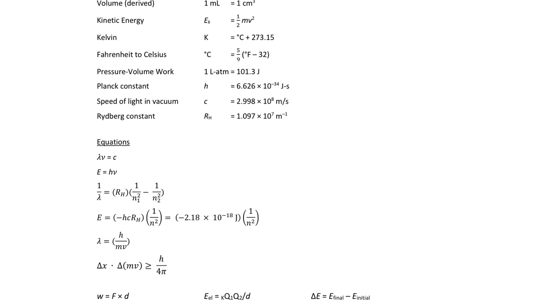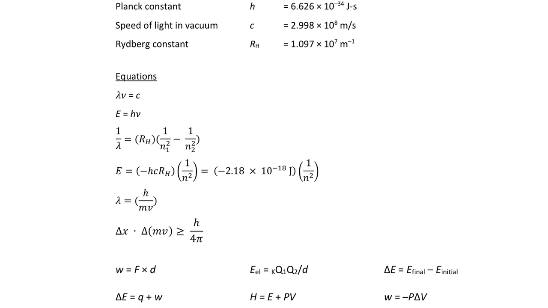Let me point to one of the equations of the Bohr model. So these are the equations you get with your test. And so when we use the Bohr model, we're getting at equations that look like these two here. We can calculate a wavelength using the Rydberg constant and the two n values. If you use this equation, you may not really get the difference between a high n versus